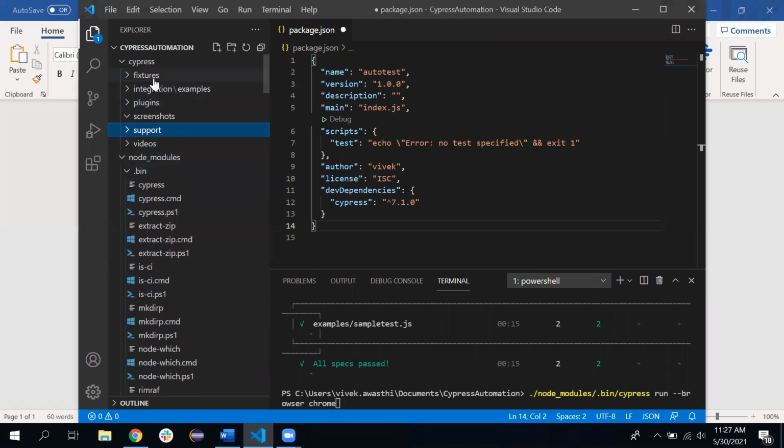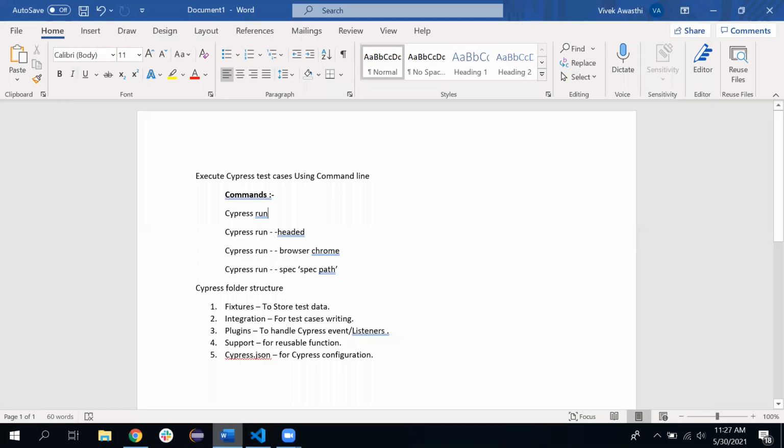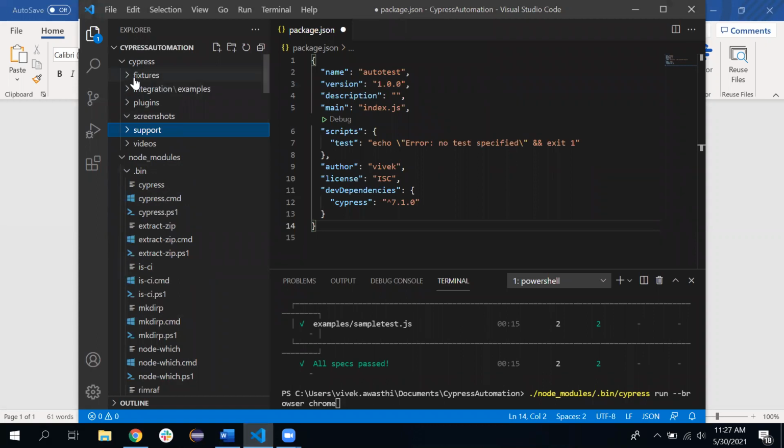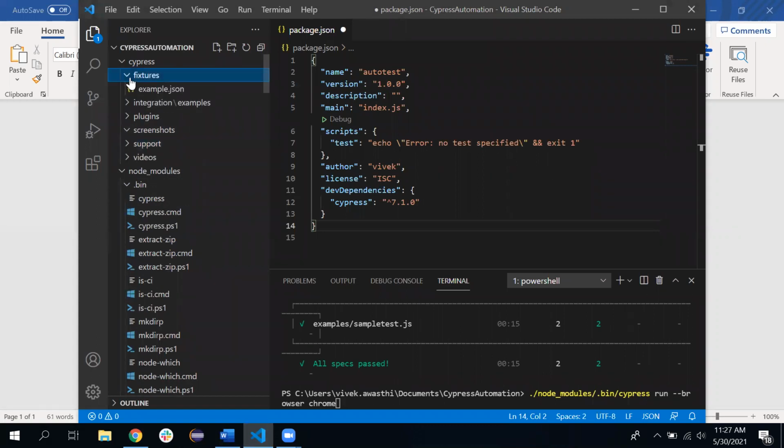First one is the fixture folder. As I mentioned in the document, the fixture folder is used to store test case data. Whatever data we require for the test cases, we can maintain inside this fixture folder. If you discuss Selenium and all, if you want to use Excel or something